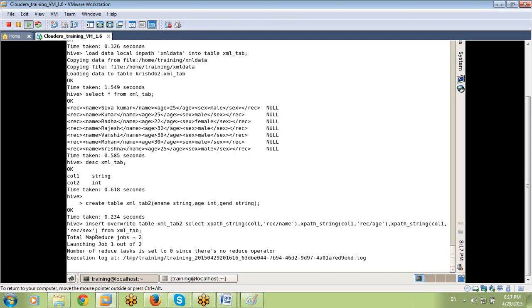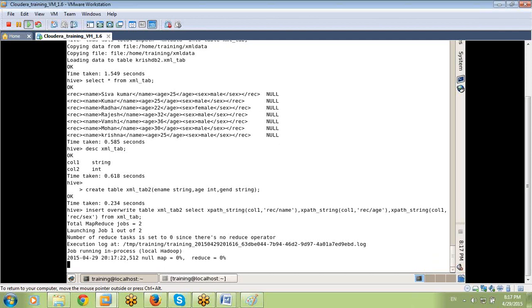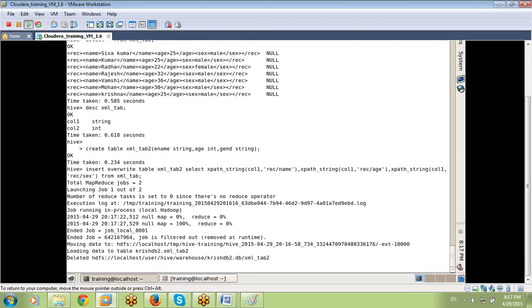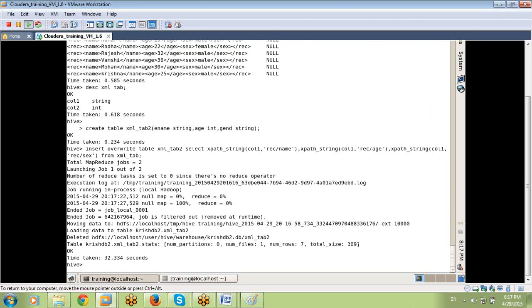If I press enter, MapReduce started. See, the process completed.